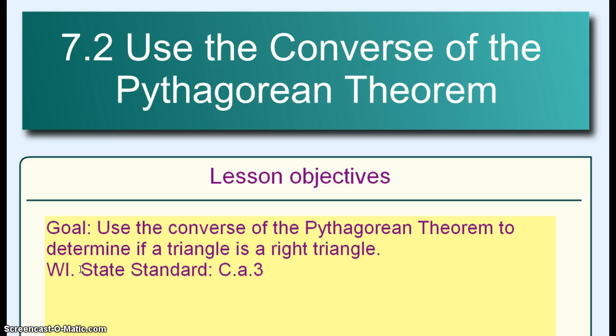Today we're going to be talking about section 7.2, using the converse of the Pythagorean theorem. We've seen the word converse before. That means you just flip it. You flip the if and the then part of an if-then statement. So our goal is to use the converse of the Pythagorean theorem to determine if a triangle is indeed a